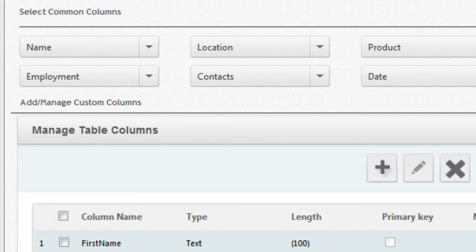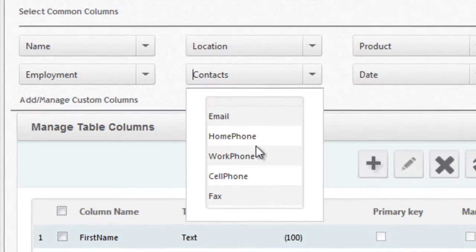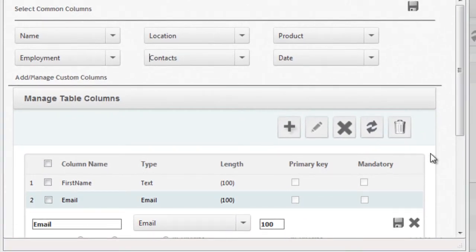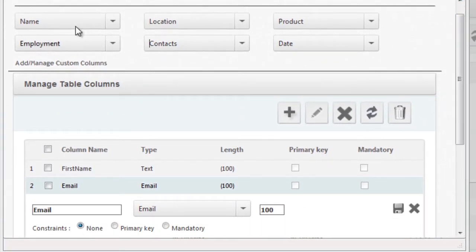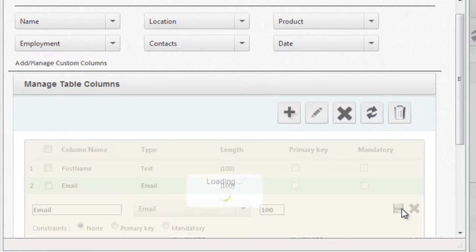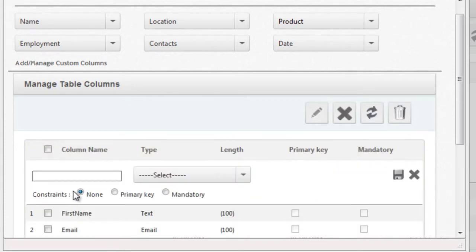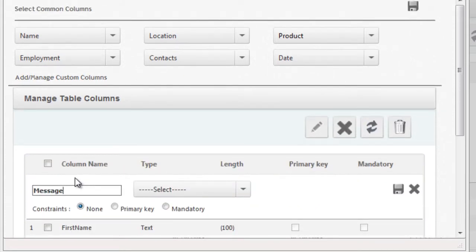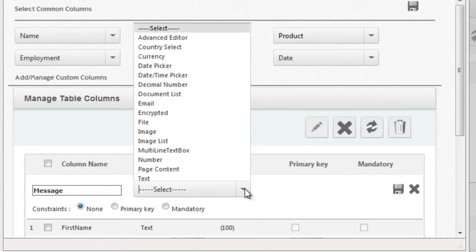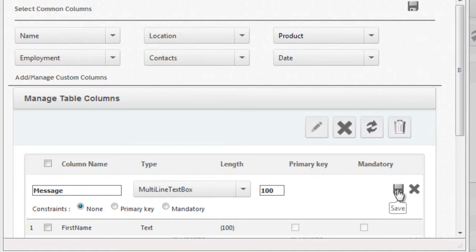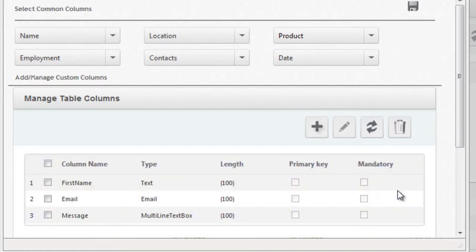Once I'm ready, I don't really need to save this automatically. As soon as I select my next one, let's say we choose email, it'll save the existing one and let me edit the next one that I selected, which was email. At this point, I can save this, and let's assume there's one that I don't have up here in my common columns. I can just type this and make this message, and in this case we'll choose this as a multi-line text box, and 100 is okay for that. So we'll save this. And once we're satisfied, this is a very basic table structure with 3 columns. We can click on Save,